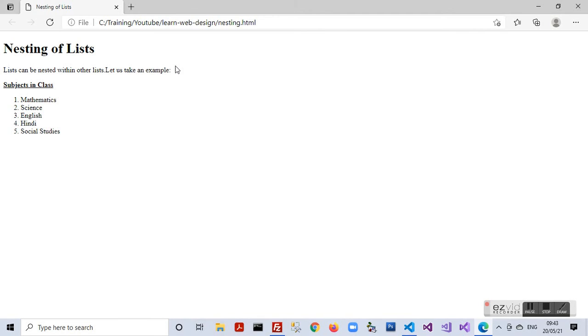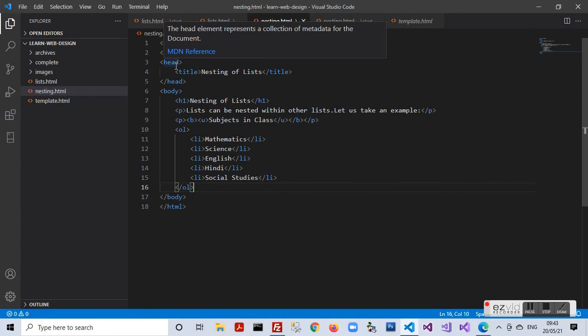So let us say we have a case where mathematics has three options: basic, standard and applied. So we need to embed the sub list within this list below mathematics. So what I need to do is move to the document again within Visual Studio Code.